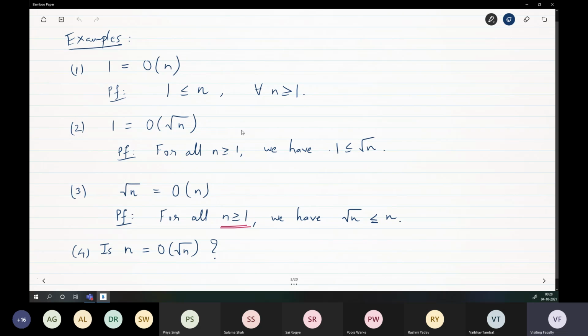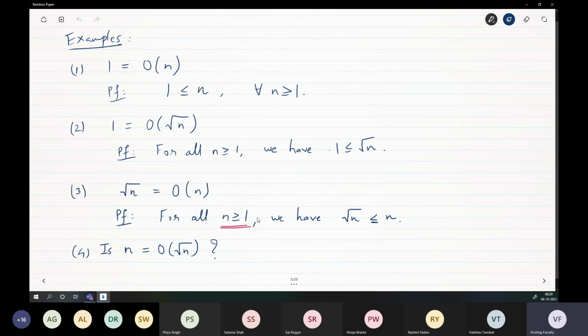But the proof is the technical statement. You know, n is greater than or equal to 1 anyways. The second statement, let's just look at it intuitively. The idea is: will square root n go to infinity faster than 1? Again, yes, because 1 is 1. 1 stays wherever it is. Constant function. Square root n goes to infinity. So 1 is big O of square root n, trivially. Again, the argument is, for all n greater than or equal to 1, we do have square root n greater than or equal to 1. Therefore, this is fine.